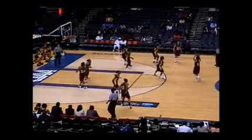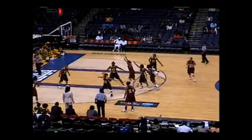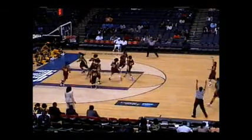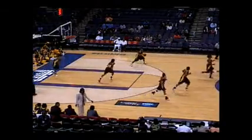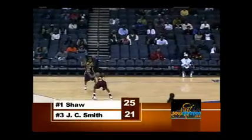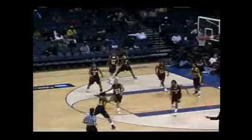Bozeman, who has been quiet for the Lady Bears, has it right side. Skip pass. Baxter, left wing in the corner. That is Suter. Back to Baxter out top. Bozeman for 3. She answers it. Big shot. Almost NBA range 3 by Bozeman. Great form. When they swung back to her at the top of the key, she was wide open and she drained it. 25-21. Bozeman played better in the second half for the Lady Bears yesterday as she had 27 points